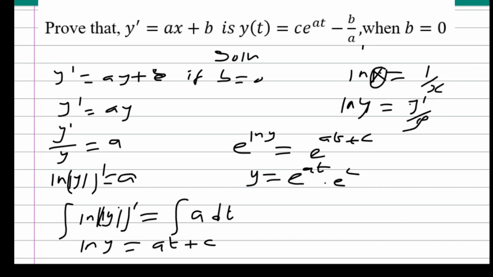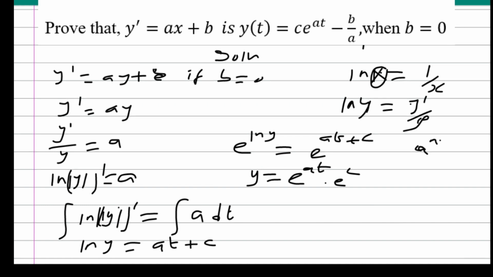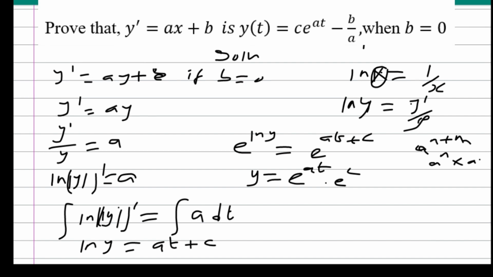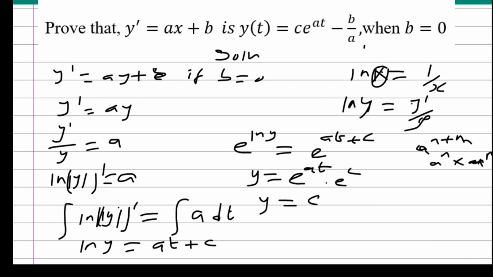Now the laws of indices is that a exponent m plus n is the same as a exponent m times a exponent n. That's how come we can separate this. Now y is equal to e exponent c, which is still a constant, so therefore I can just write it as c, that's a constant, times e exponent a t,